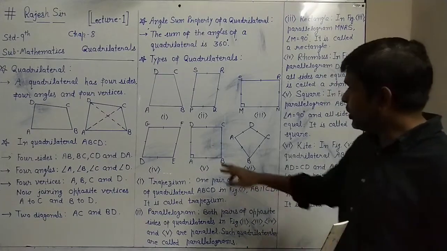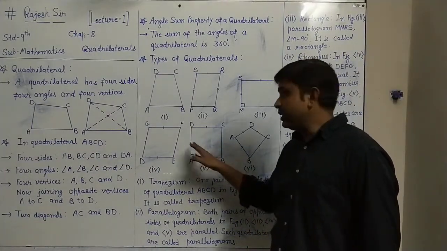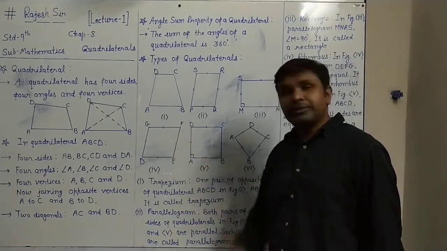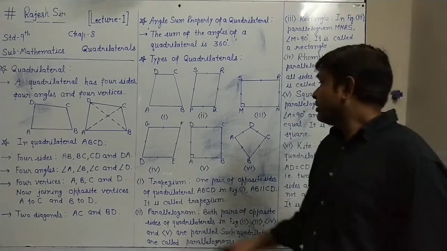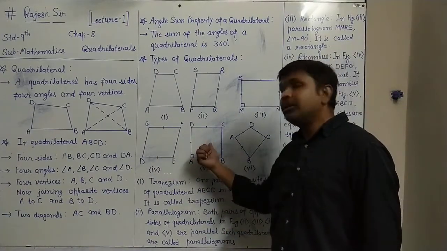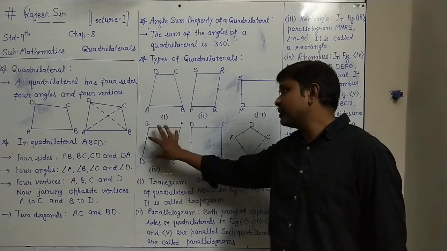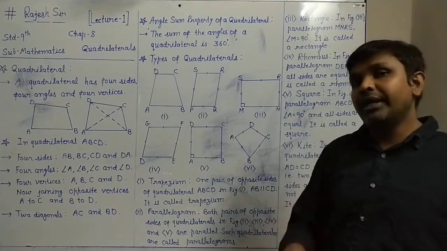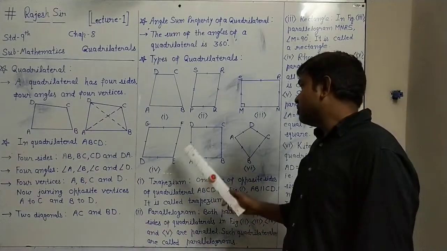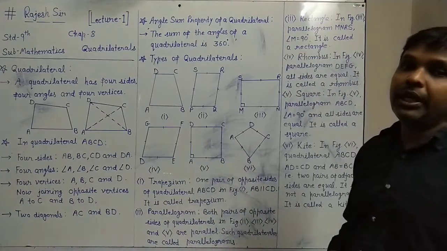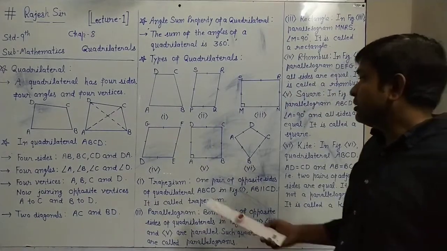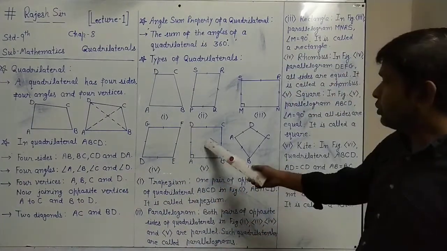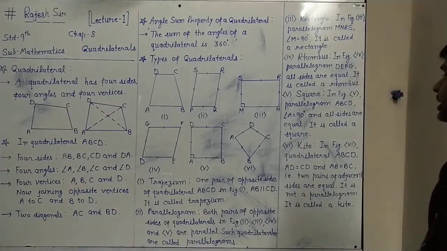You can understand this square, in that all four sides are equal, and in this rhombus also all four sides are equal. You can say every square is a rhombus because all four sides are equal. But every rhombus is not a square because in a rhombus only the four sides are equal, but in a square all four sides are equal as well as all four angles are 90 degrees. So a square is a parallelogram, a square is a rhombus, and a rhombus with all four sides equal is also a parallelogram. That also you can understand.